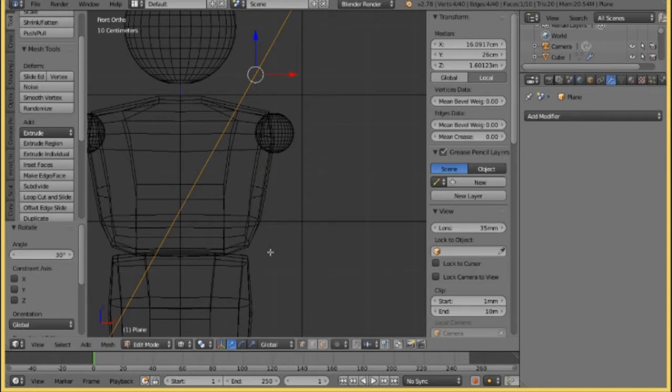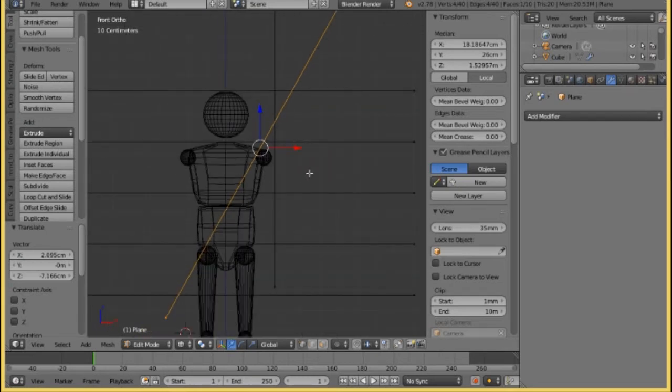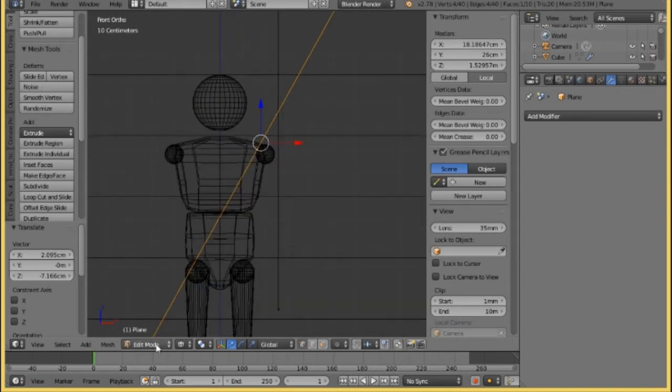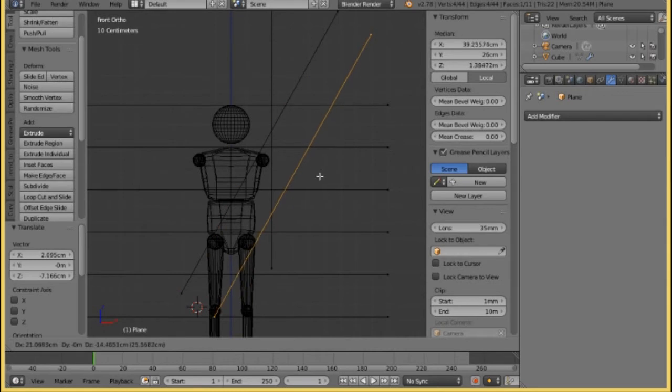Let's go for 30 degrees, and I will move it to the edge of our shoulders. And now I again want to have the 26 centimeters we had before for our head, so we can measure and make the proportions for the arms. And now we have the problem, if I duplicate this plane,